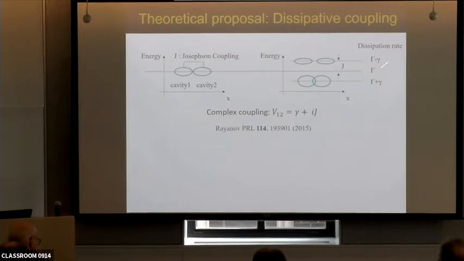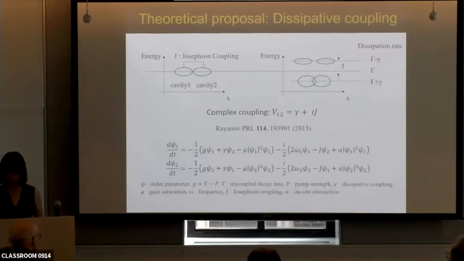But what dissipation does is that it can make this state have a large decay rate compared to this excited state. And as a result, the system might actually prefer this state from that perspective. And this competition basically leads to a wider range of phenomena than just a condensation into the ground state. And that is described by this dissipative coupling term, which turns the coupling term basically into a complex number.